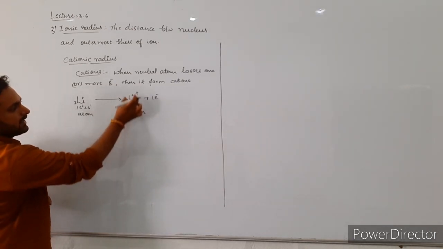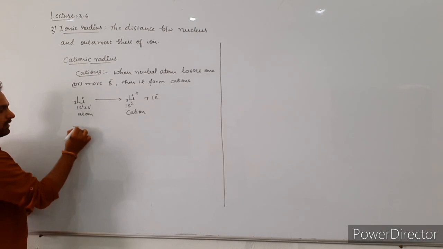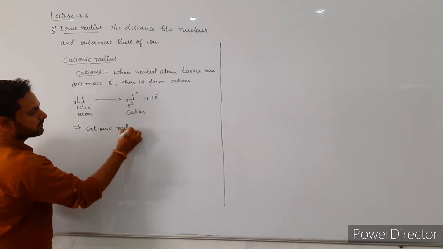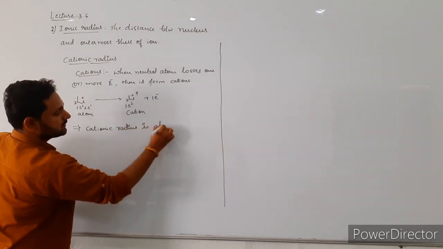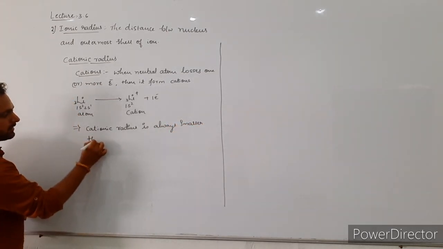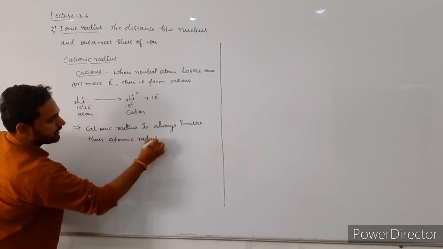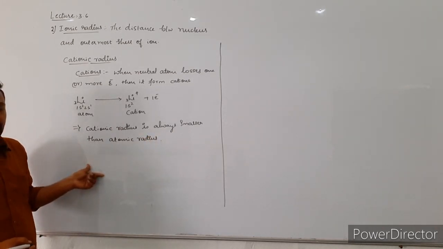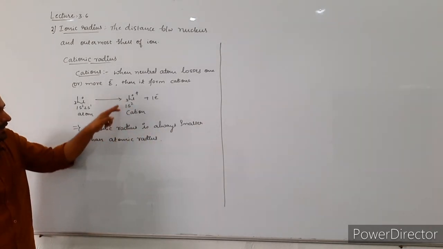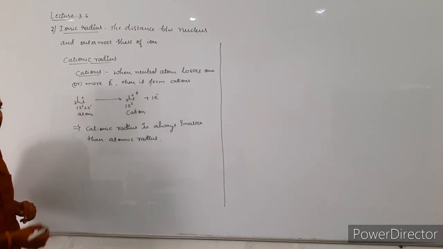And the cationic radius is always smaller than atomic radius. What is the reason for this one? Why the cation radius is always smaller than atomic radius? The radius of cation is always smaller than radius of atom. Why? The reason is